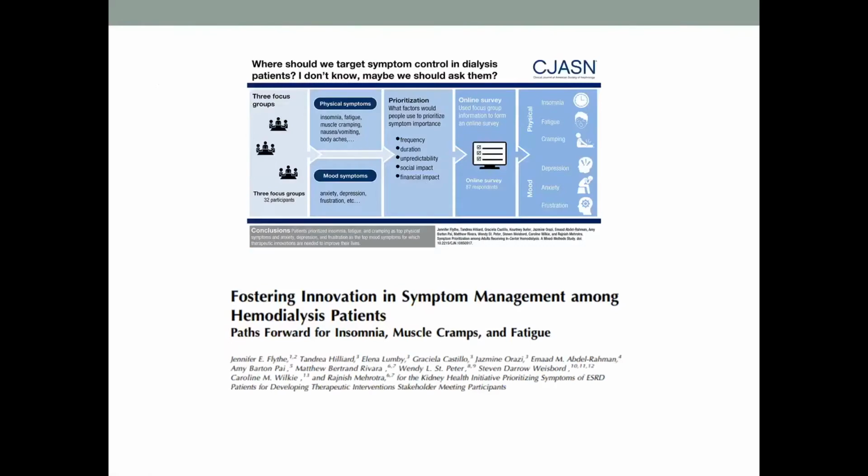And we know that the symptom burden of end-stage kidney disease patients is quite high. It's akin to those patients with advanced cancer, on average anywhere between 9 and 12 symptoms. And I'm glad that finally we're seeing some abstracts and papers like this where the conversation is starting to shift from not only describing the burden of symptoms. We know that the burden is high. There are many, many papers talking about that. And now shifting towards, well, what symptoms should we prioritize, and what are the interventions that might be meaningful for our patients and families?